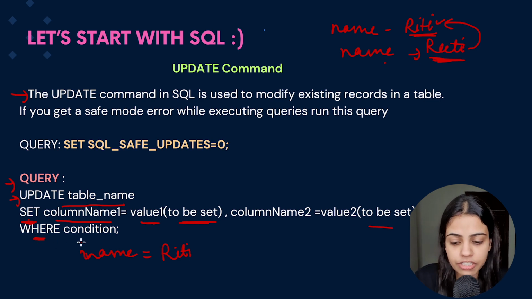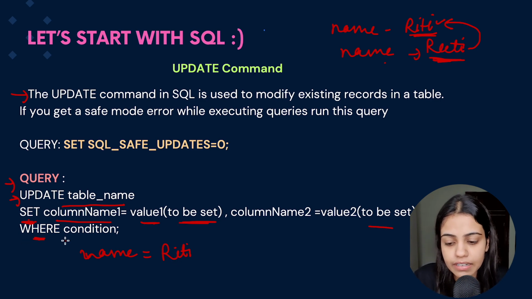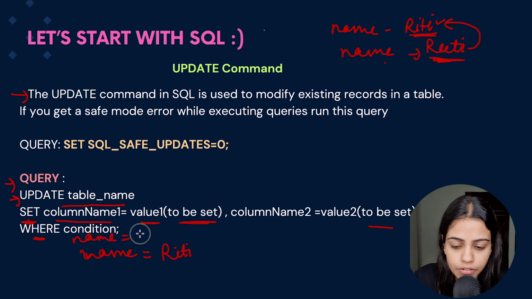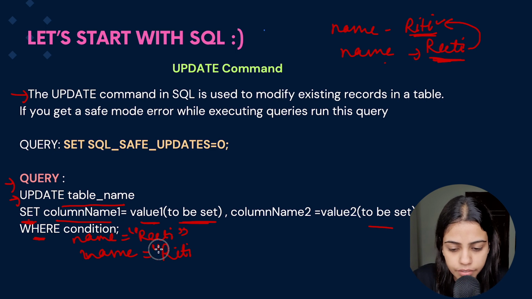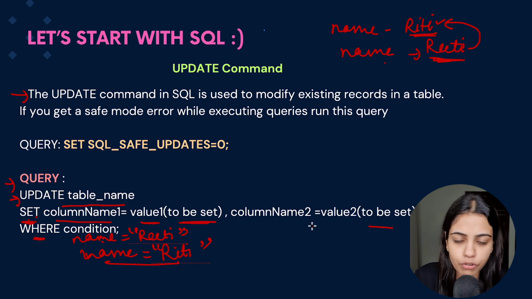And then I'll give the condition. I've given name equal to RITI, you have to set it in this particular table, but where do I have to set this particular name? So I'll provide the condition WHERE name is equal to REETI. So I'm telling my database to go ahead and update the table with this table name, SET name equal to RITI, the updated value, and if there are more values I can give them, and I'll tell my database you have to update the name as RITI, where right now the name is equal to REETI. So in this manner the update query mostly works.